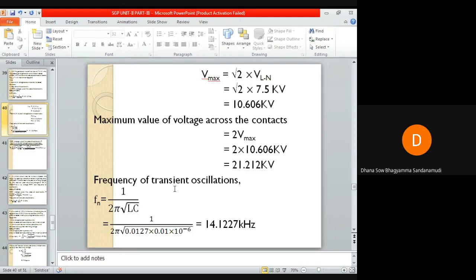So the frequency of transient oscillations is asked in the problem. The frequency of transient oscillations is Fn is equal to 1 by 2 pi root LC. Okay. So 1 by 2 pi root, L value is 0.0127 into C, which is given in the problem, that is,